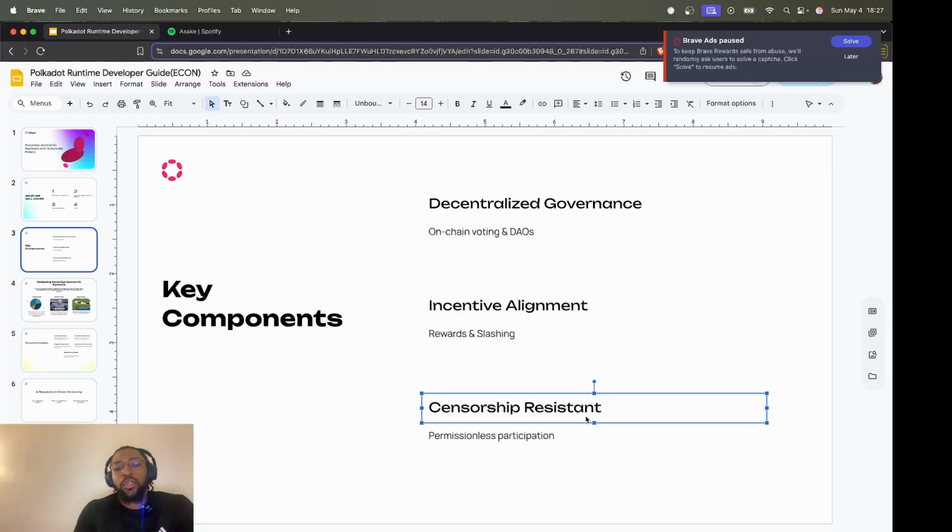Lastly, we need permissionless participation. This mainly hits on the point that everybody should be able to run a node, because if only a dedicated set of people that have the hardware requirements can ever run a node, then it's not a permissionless system. It's still the same centralized system that we're trying to move past, if that makes sense.